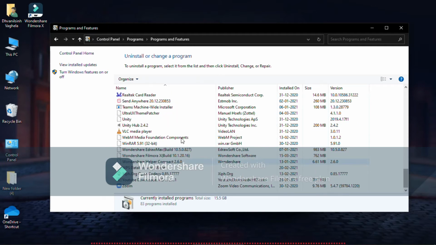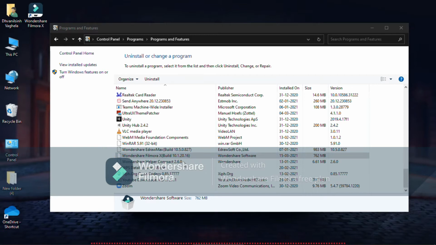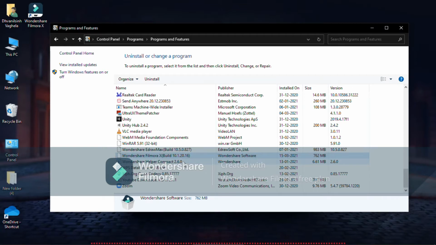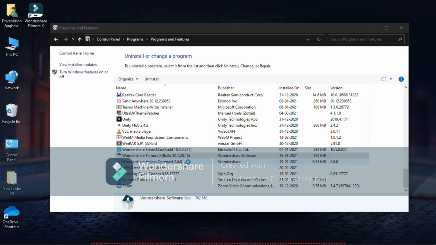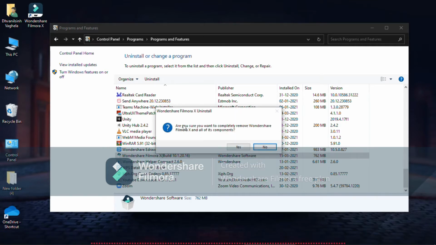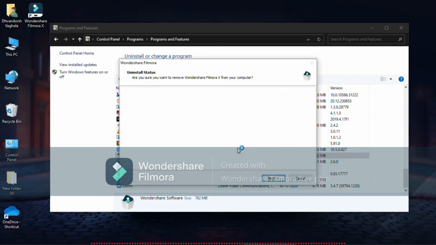Here all the programs that are on your device come up, the ones you want to delete. So I will double click on Wondershare Filmora X and then yes, and the installation panel will appear before me. It's loading, as you can see on the cursor, and here's the notification. Yes, next, uninstall status, uninstalling Filmora Wondershare X. So this software is being uninstalled from my device and it will get uninstalled soon.